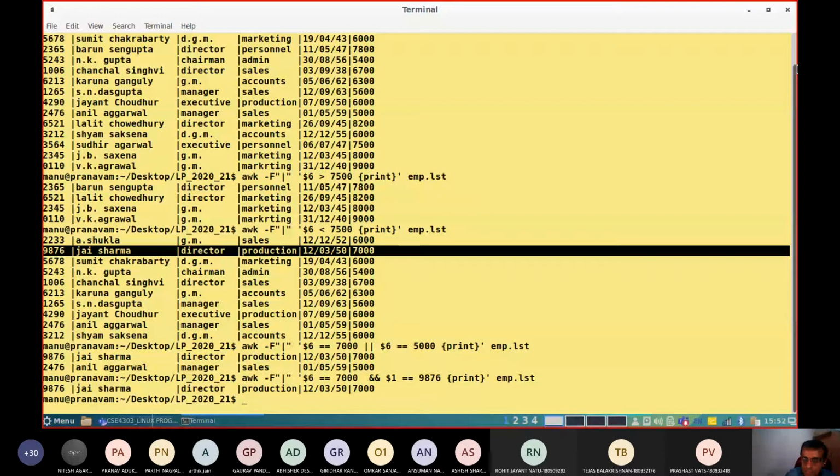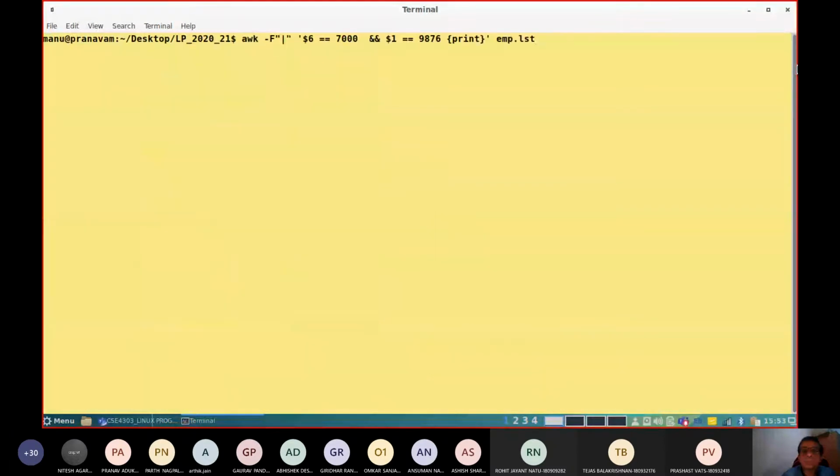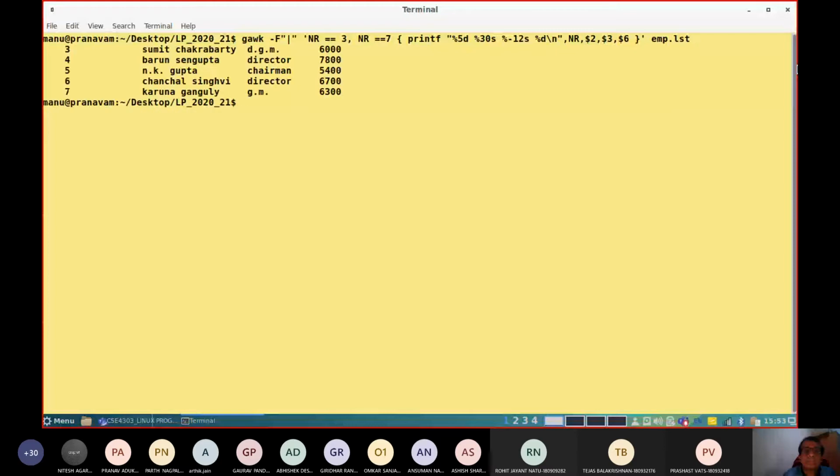Say for example, in this particular field, let me take this particular example. Lines number 3 to 7, I am printing certain fields.